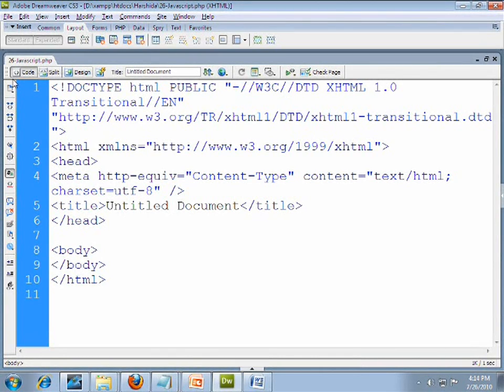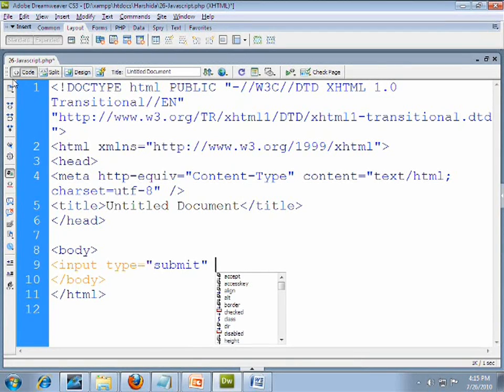So let's take an overview. But before we start the coding, I will explain that JavaScript basically contains two parts, internal JavaScript and external JavaScript. In this video, first of all we discuss the internal JavaScript, how it works, and then after that the external JavaScript. So let's write our code. In between the body opening and closing, I write input type equal to submit. My target is that when I click on a button named OK, I want to generate some simple text like welcome to share my info.